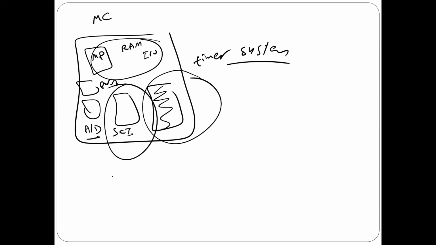So, for example, when I explained SCI, it is too complicated. There are too many things. However, if you look at the programming, it was very trivial. You just have an interrupt, go to the interrupt, and get the value you received from the other side. That's very trivial, very easy. Why? Because most of the work has been done by the hardware here. The microcontroller just goes, takes the value, and that's it. You understand what I'm saying? That's how, using a microcontroller, we can make big applications. Same idea for the timer. The timer can do a very difficult job, but it's going to be very easy for the microcontroller, as you will see right now.